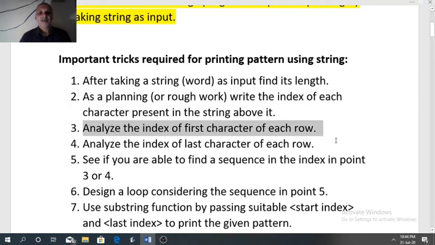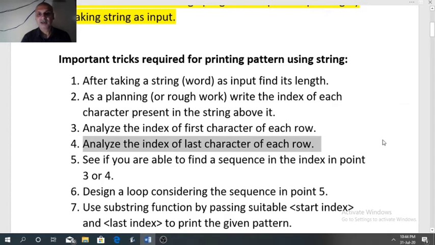After writing the index of characters, then see the pattern and analyze the index of the first character of every row and the index of the last character of every row.